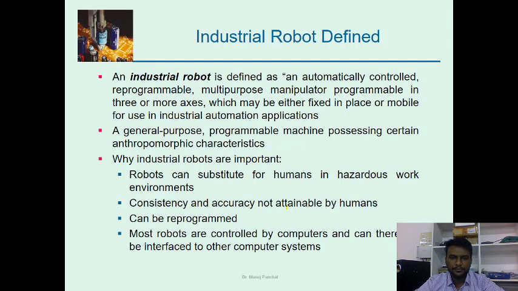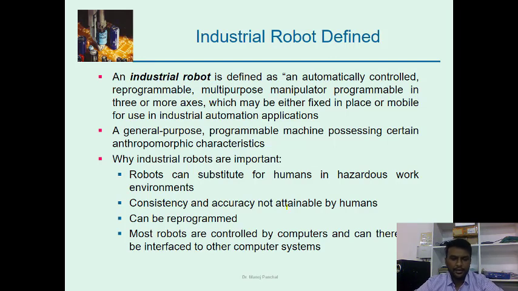The second thing is the accuracy and consistency. As human beings, we have a certain extent of accuracy. Beyond that, we are not accurate. And the second thing is consistency. Maintaining a similar kind of accuracy at the same rate, with the same consistency, is very difficult for a human to achieve, while the robot can do the same work repeatedly with the same speed and the same accuracy.